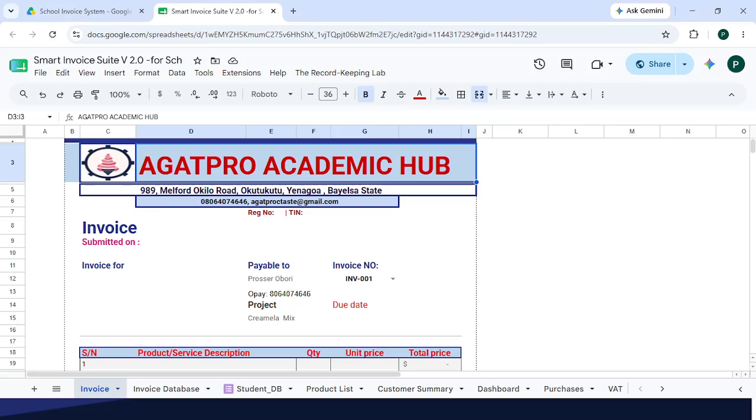Alright, so I bring to your attention the Smart Invoice Suite V2.0 that I built for schools all across the world. So here is the main invoice interface. Here you get to enter the school details, including logo, school name, address, and registration details. Here you get to enter recipient's account details for the school. So it's looking clean because no